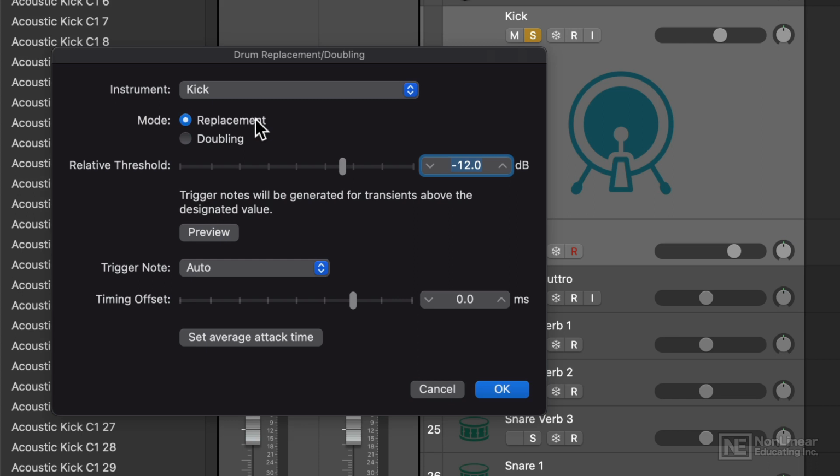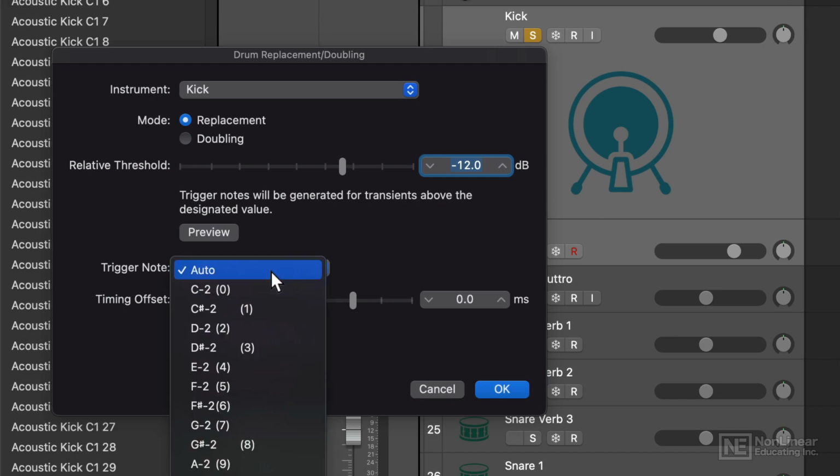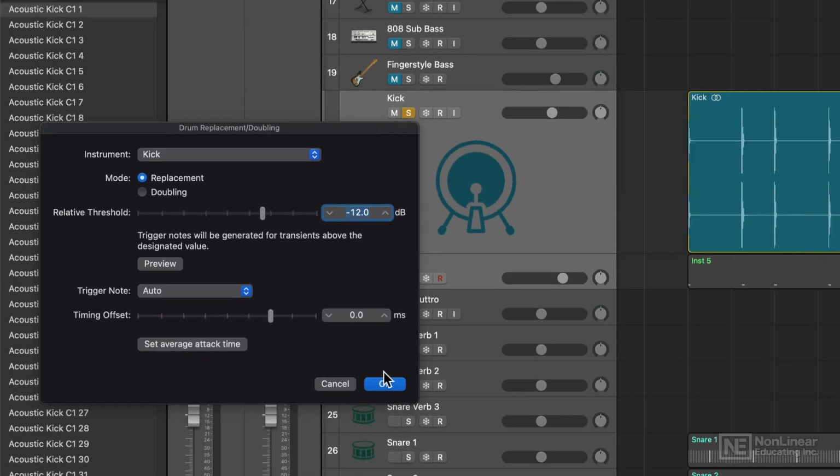You can set the threshold for the transient detection, but it looks here like all of the notes are being detected just fine, so I'll leave it as is. And you can also change the default note for the drum replacement. I'll just keep this on auto, and it will put the note on C1, which is the default pitch for